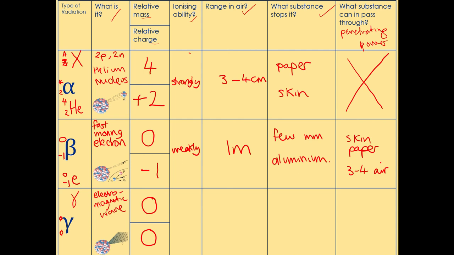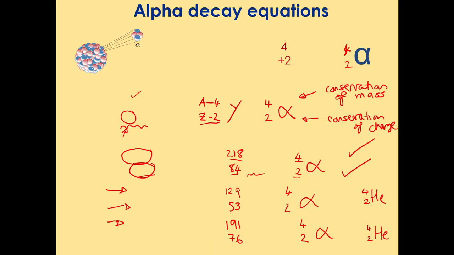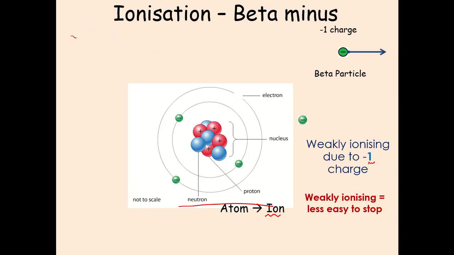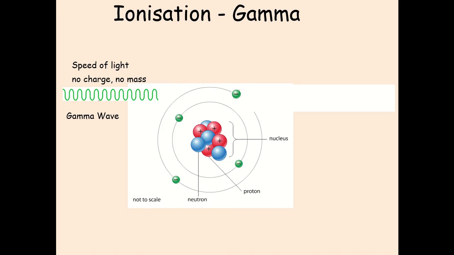But what we do need to know is the ionizing ability and link that to what substances it can pass through and what would stop it. I'm just going to delete my zeros off here because I don't like it. Right, okay, so if we go back to talk about gamma then, when we talk about how ionizing gamma is, first thing we can say is gamma has got no charge and it's got no mass. So whereas alpha could attract the electron out of the outer shell and beta could repel the electron out of the